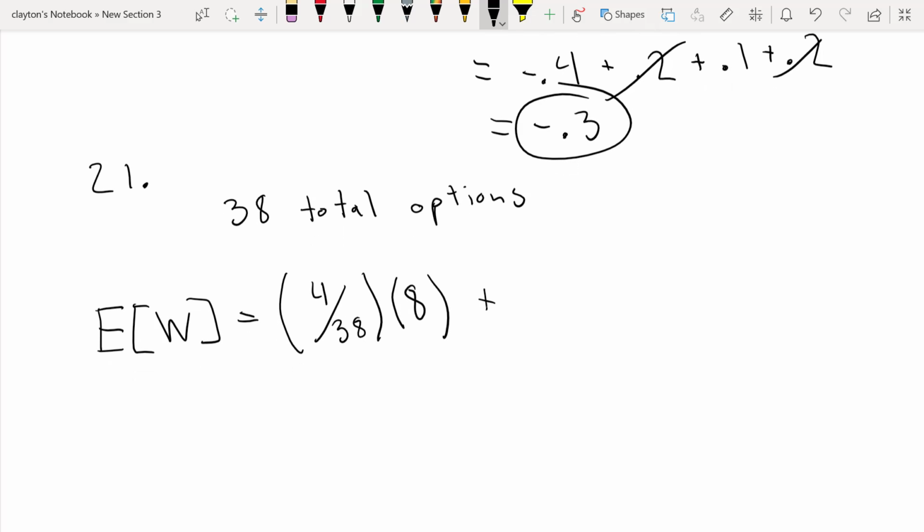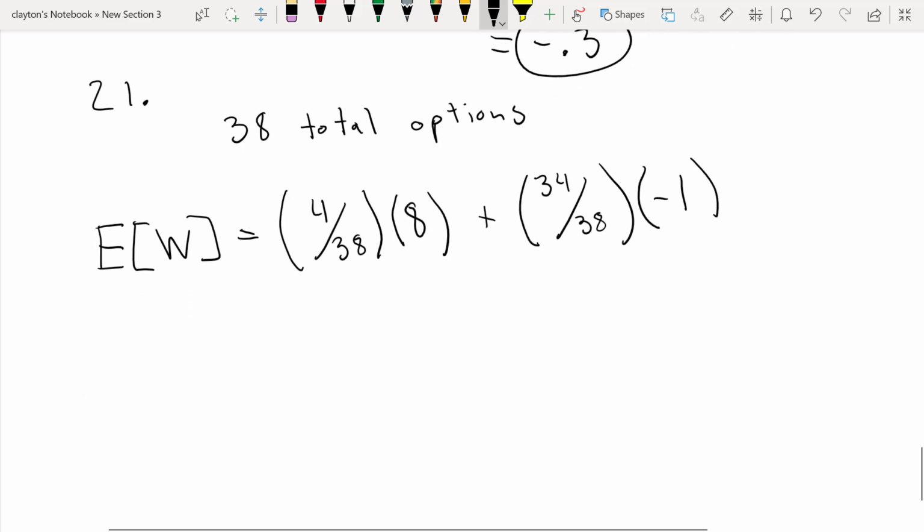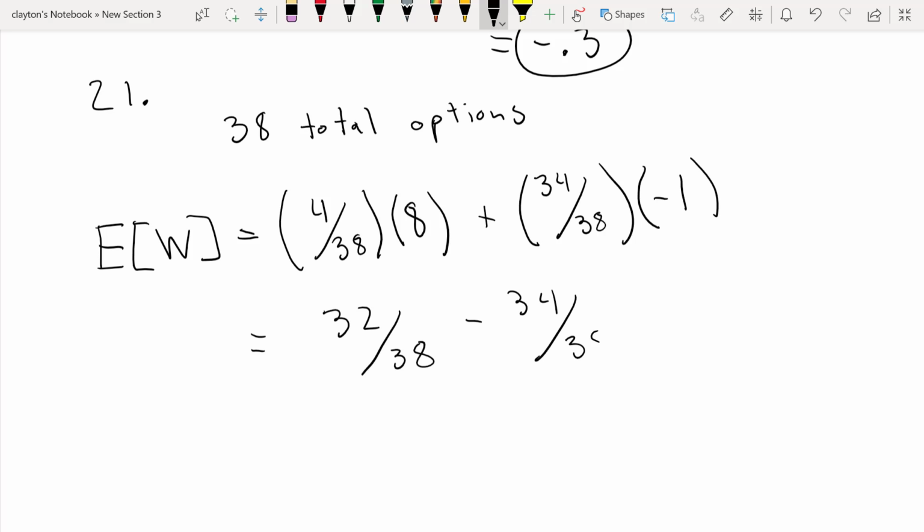However, there are also 34 out of 38 chance that I lose. And if I lose, well, then I lose my dollar. And so it's asking us our expectation of winning here. So this is 32 over 38 minus 34 over 38, which is just going to be -2 over 38, or